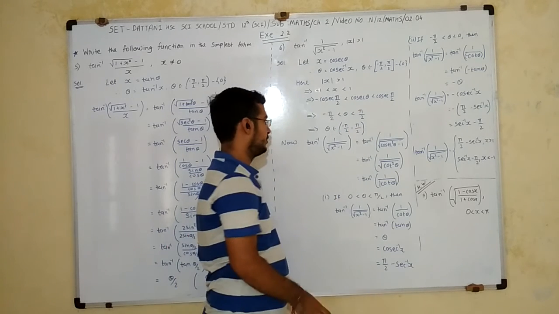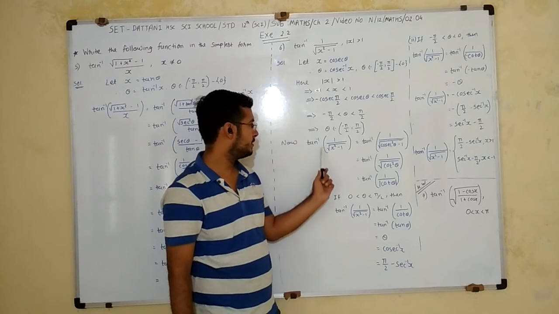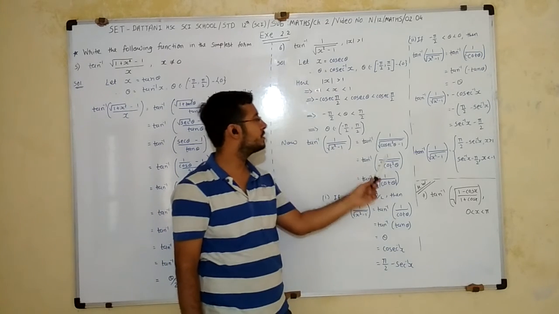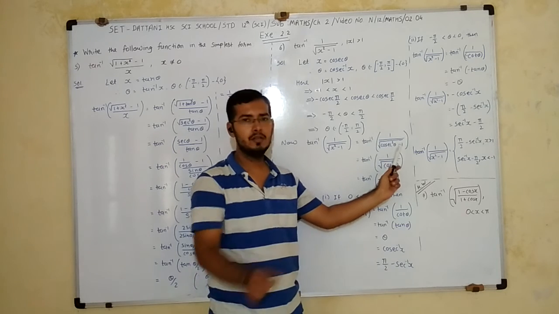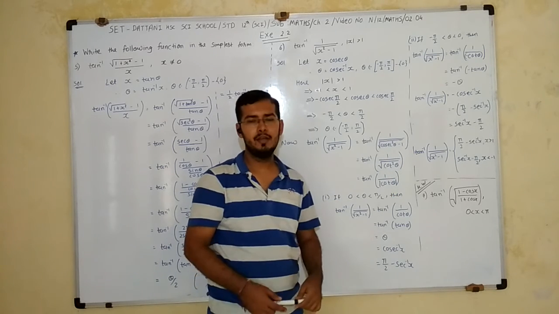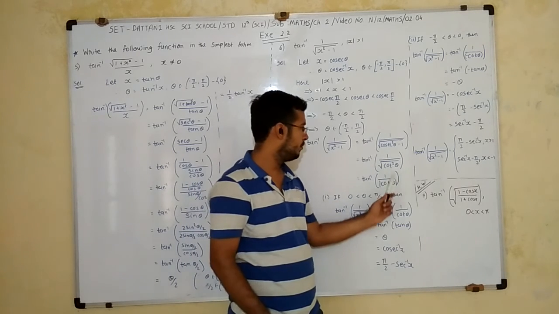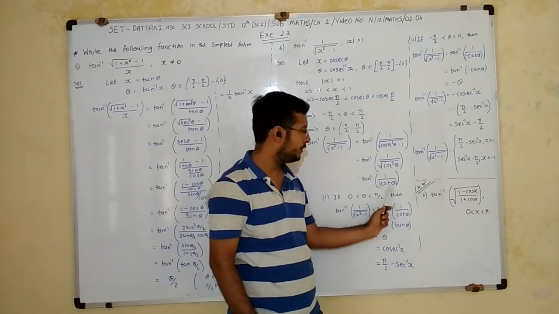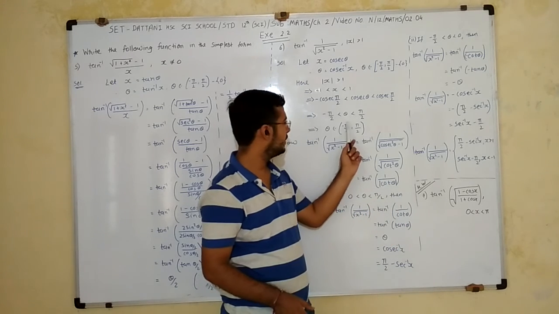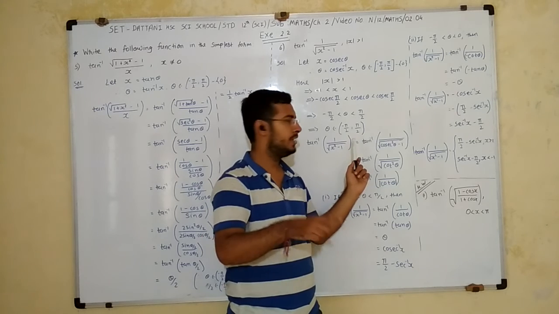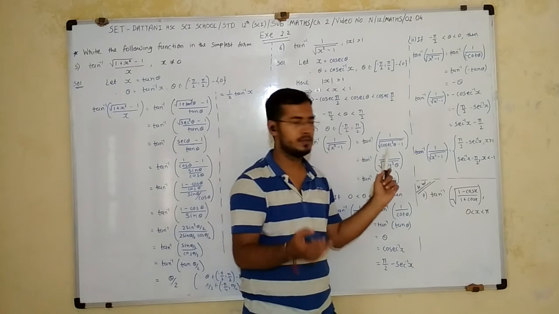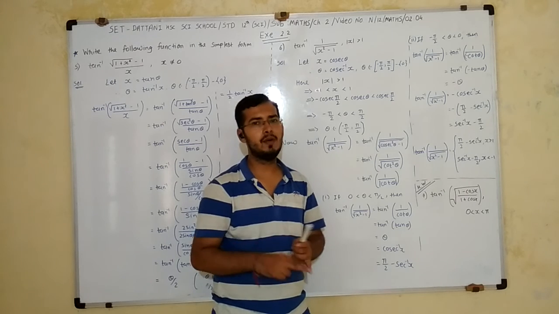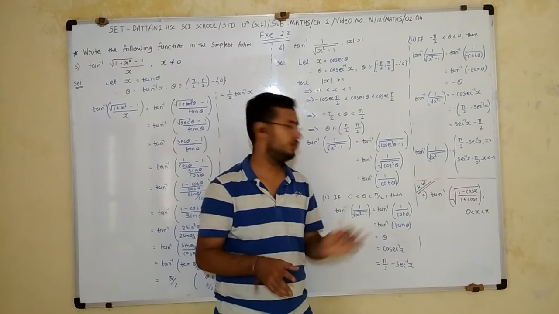That is our range. Now tan inverse 1 upon root x square minus 1 is equal to tan inverse, I put x is equal to cosec theta, so cosec square theta minus 1. I get cot square theta using the identity. Now I remove root of square, so I get mod. So I get 1 upon mod cot theta. Here the range becomes minus pi by 2 to 0 and 0 to pi by 2. There are two parts because cot in the first quadrant is positive, but in the fourth quadrant cot is negative. That's why we have to make two parts.